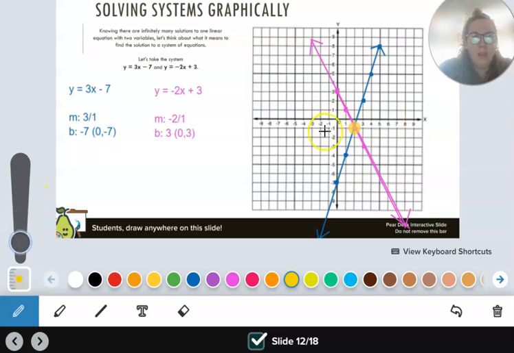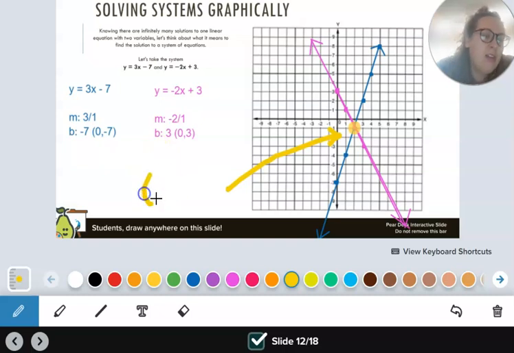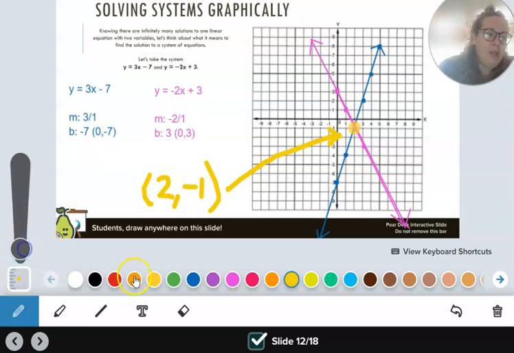Not that big. And here is my solution, which is at 2, -1. So if we plugged that point into both of these equations, we would get a true statement. That is our solution. So we just graph two lines, see where they intersect. That's our answer, right? If we plugged this in to our two equations here, where 2 is x and -1